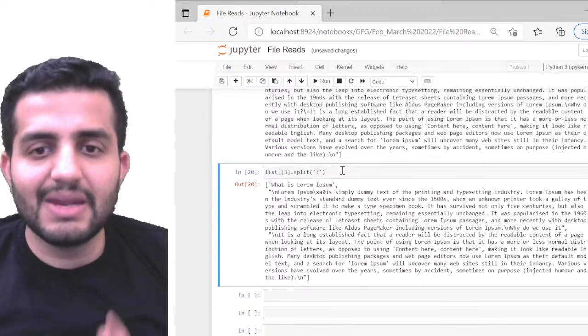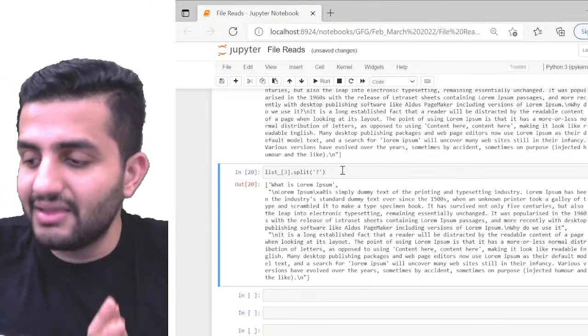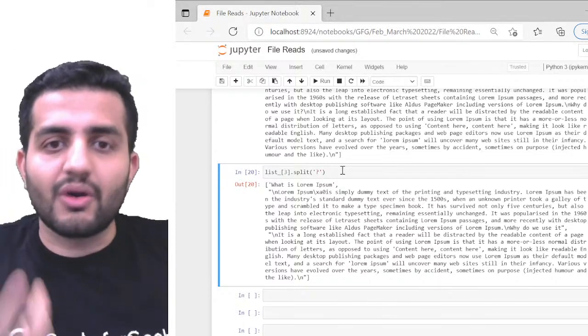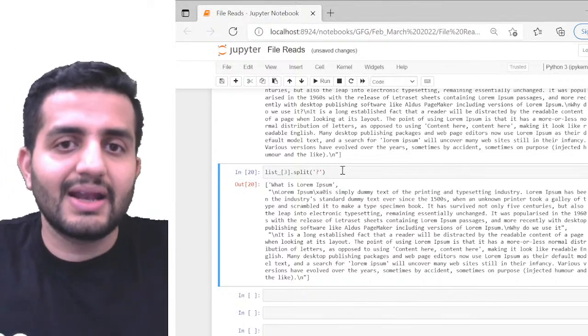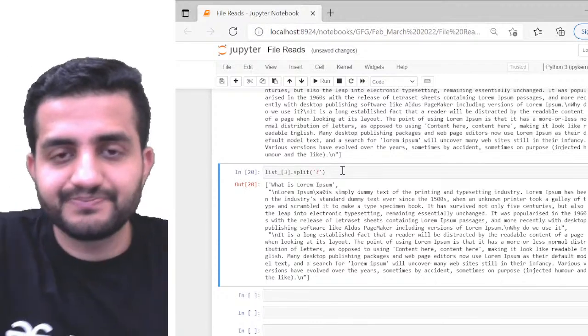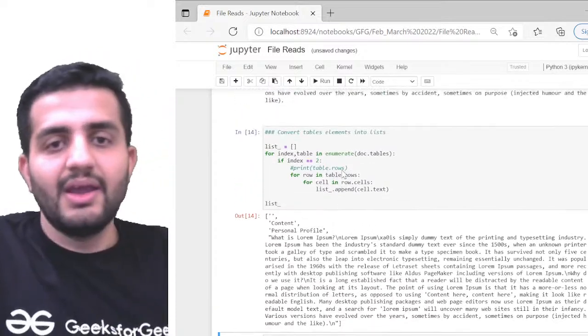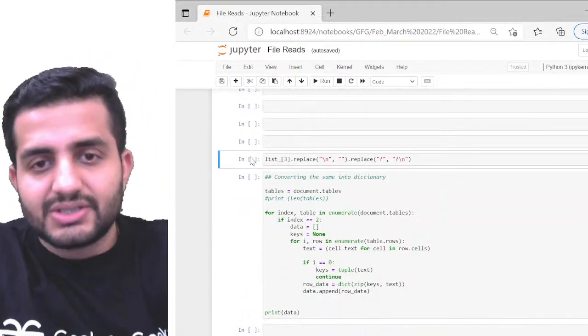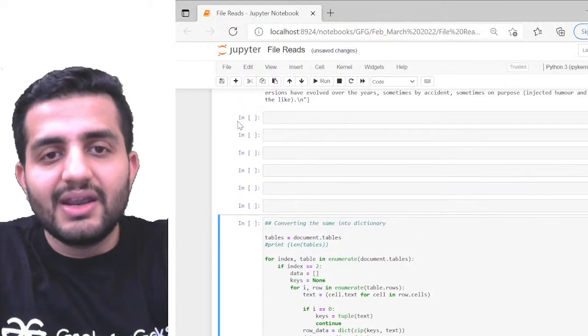You got it? So the ultimate objective is that you have to get the data which is in the Docx file. You cannot perform anything on a Docx file, right? So you have to ultimately load it and perform the action on top of that. So the objective is to read it, right? This is one way in which you can read it in the form of a list, okay? I want to show you something else. So let's try to do the same thing in a dictionary also.